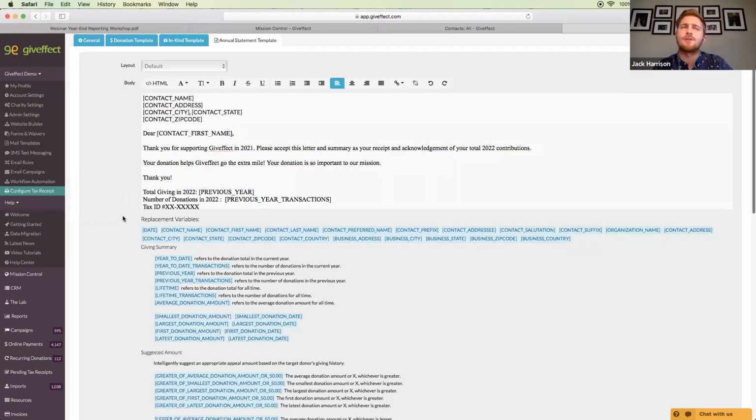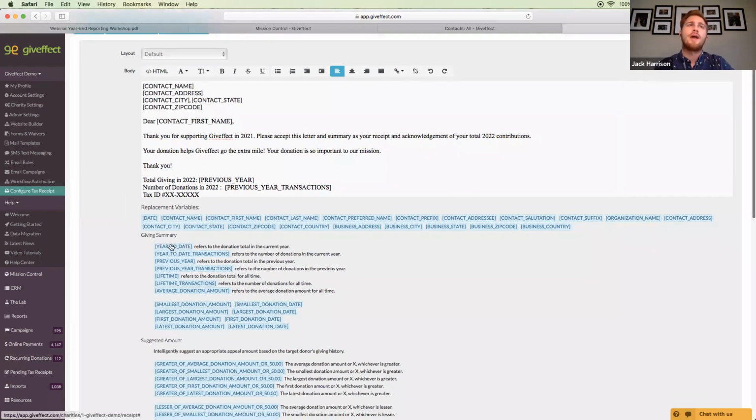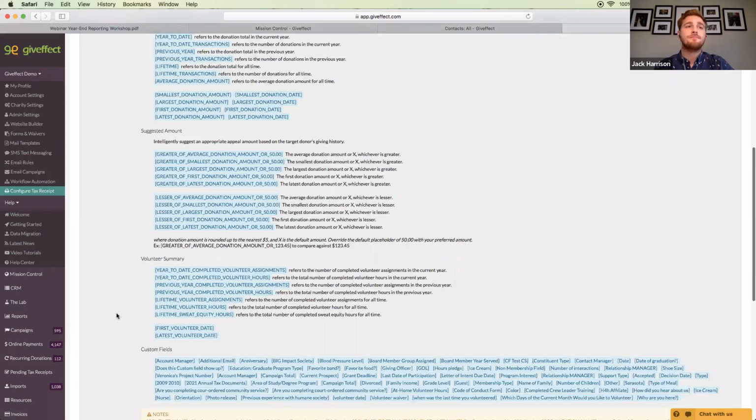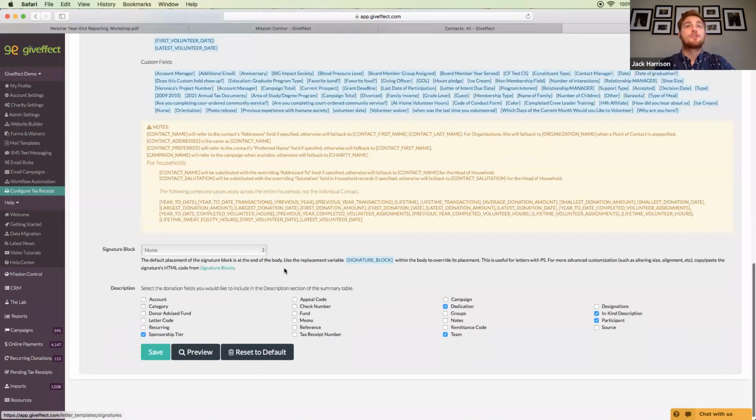Not just their name and address, basic information like that, but if we want to go ahead and list explicitly that giving summary, right? It's a big piece whenever we think about acknowledging these donors to be specific and know that we understand how much they're supporting your organization and how much it's appreciated, no matter the amount. You can also apply signature blocks here for any perhaps staff members where you need to provide that signature on the document itself. And then one piece here to harp on for a moment is, let me go ahead and just pull up a preview